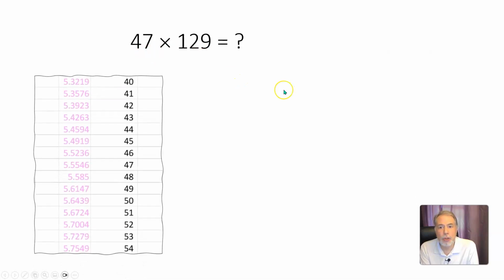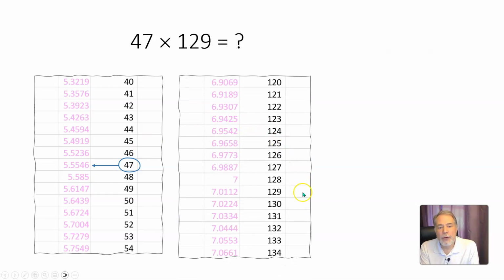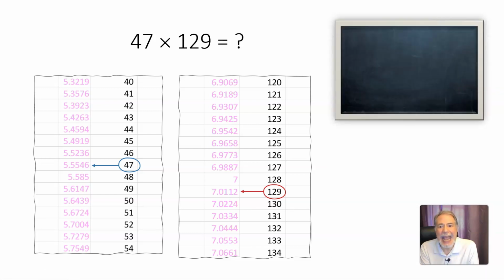If we're working with base 2 logarithms, like we have been recently, the base 2 logarithm of 47 is about 5.5546. And if we look up 129, the base 2 logarithm of that is about 7.0112. Now, we take those two pink numbers, those two logarithms, and add them together. Add up 5.5546 plus 7.0112, and we get